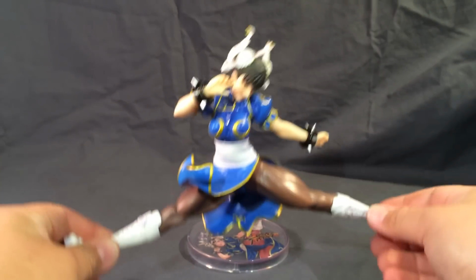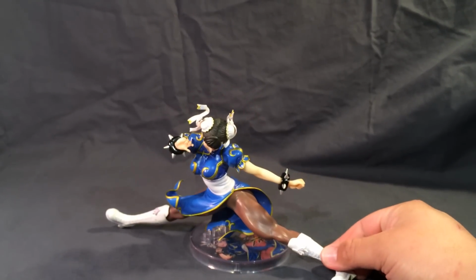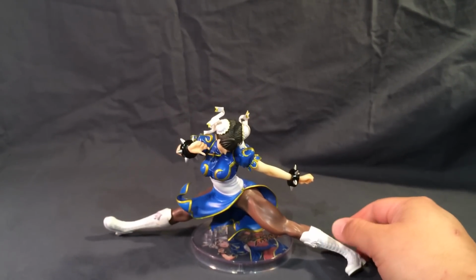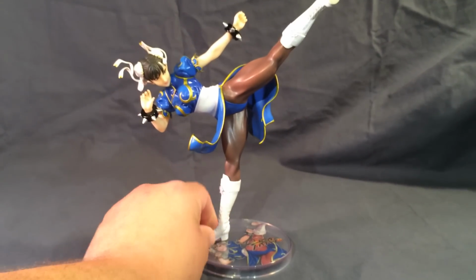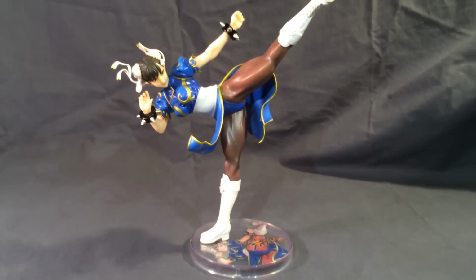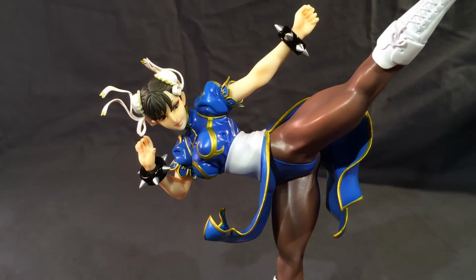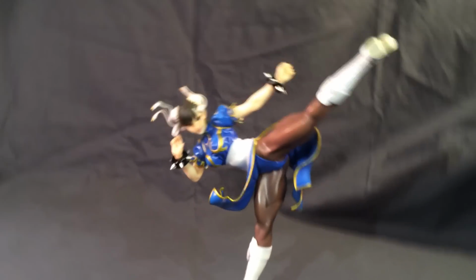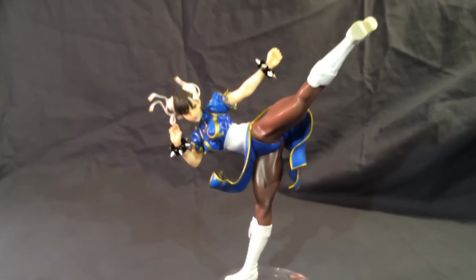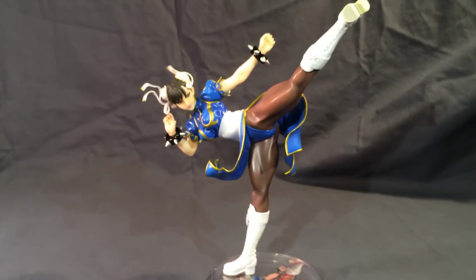And then kind of she does, I guess, the splits too if you really wanted to look at it that way, but it doesn't really look good at all like that. So she does not do the splits, if you ask me. So yeah, she's a great Bishoujo, and also she's really big. Aside from Miss Marvel, I think this might be the biggest Bishoujo they've made after Miss Marvel. I could be wrong, but of all the ones that I'm looking at,